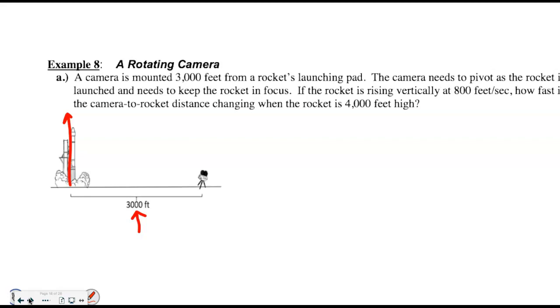The rocket is rising. It needs a variable because it's changing. Last hour they chose h, so to keep your notes consistent, we're going to go with an h. All right? So it says that it's rising vertically, and that's going to be positive because h is going to grow. The height is going to grow as the rocket leaves the ground. All right? And it says,